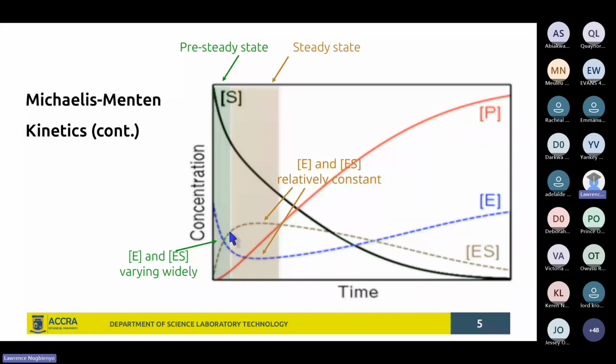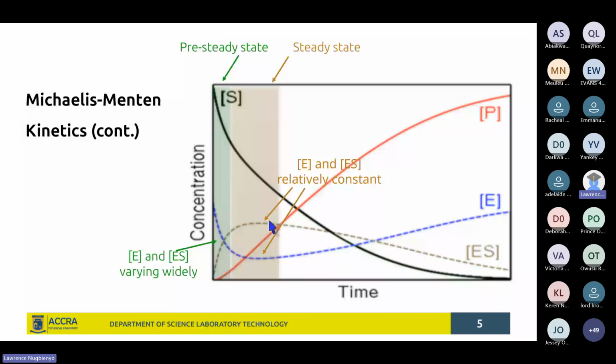And you have this enzyme substrate complex, you have what is referred to as a steady state. Because you remember, it is at this point that you don't have any change of the rate of the reaction. No matter how much substrate is there in the reaction mixture, there's not going to be any difference in the rate of the reaction. And so in that region, you have what is referred to as the steady state of the reaction,